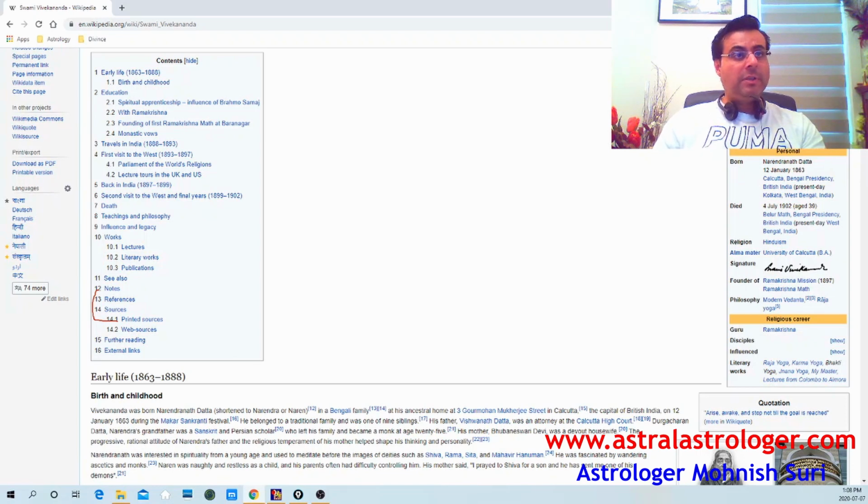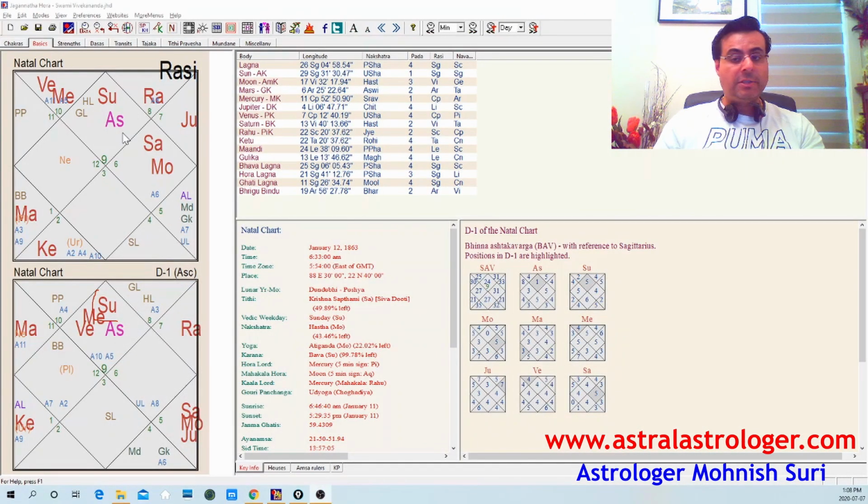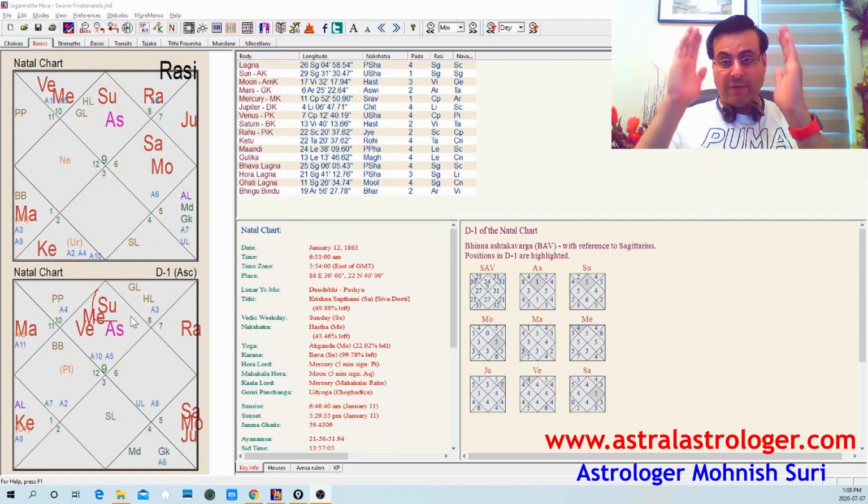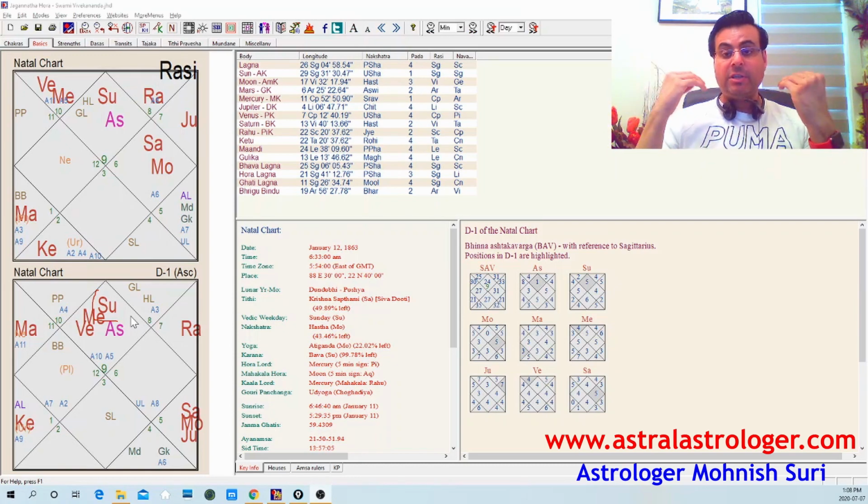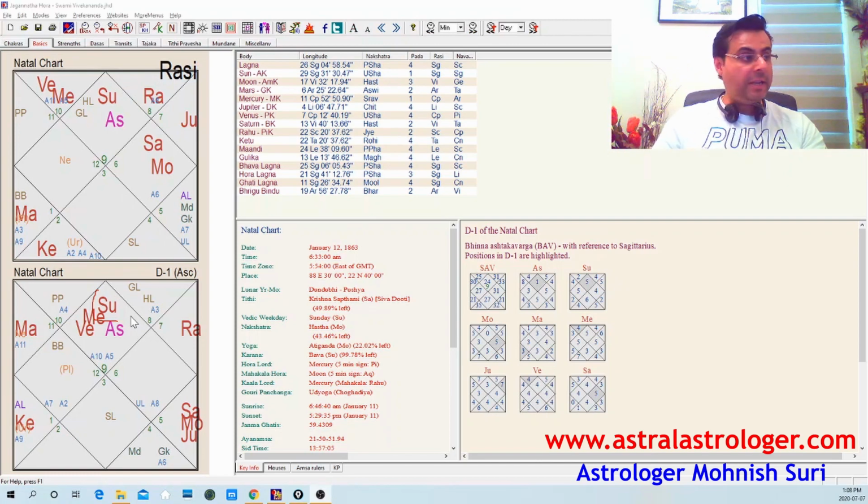So look at his chart. His soul is connected to his own self, to his branding, his image, and the approach towards his life. Very straightforward, very disciplined. Sun is a sattvic planet which removes your darkness of life. It illuminates you. And here it is in the first house.